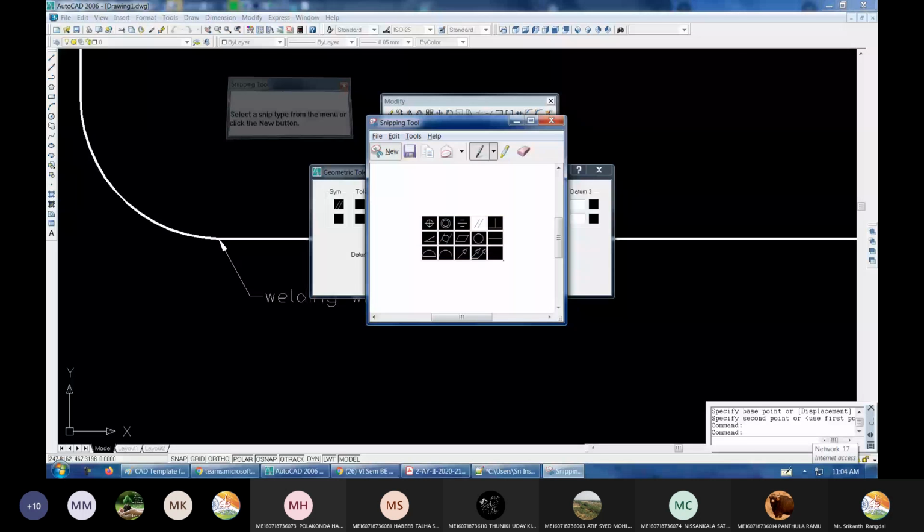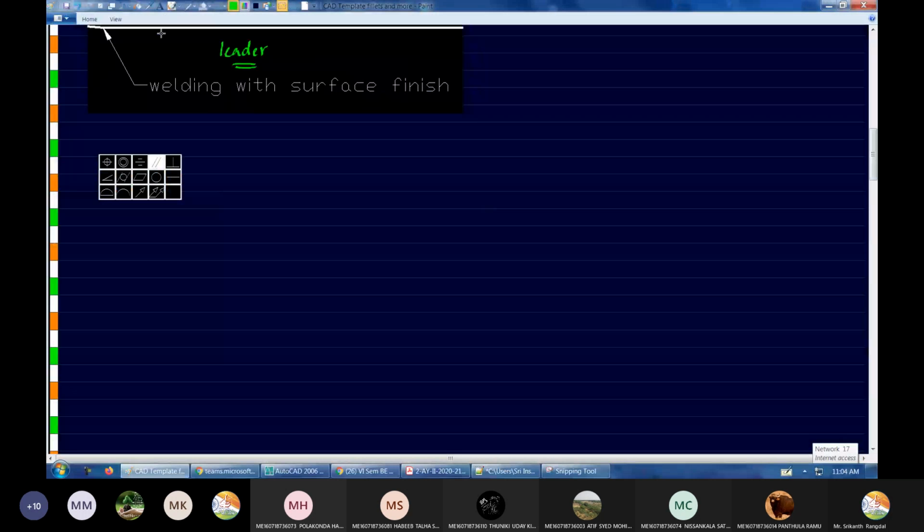Let me briefly explain what these are one by one. This one is center. How accurate should the center be? That's what is defined by that point. This one is concentric. If you are making two holes, there are chances that the two circles will not be sharing the same center. Depending upon how careful we are, the center point will be very accurate, very precise.